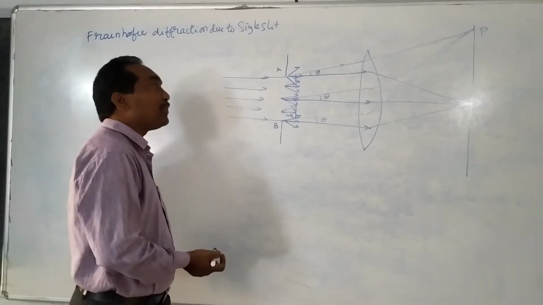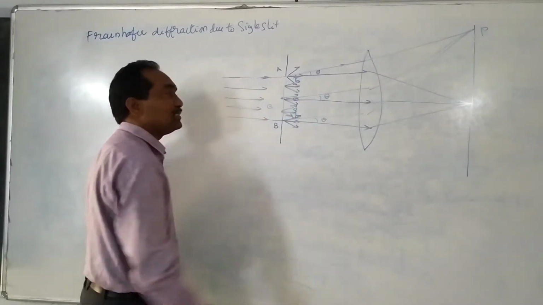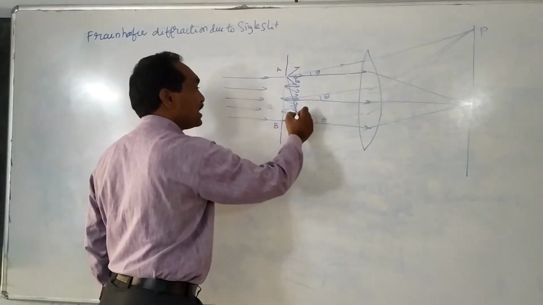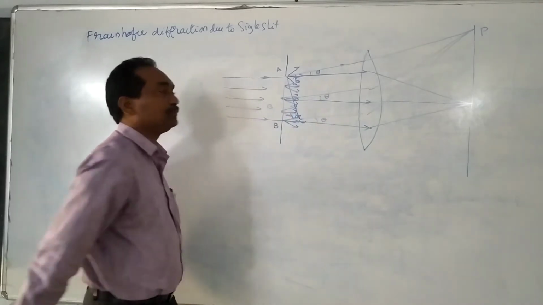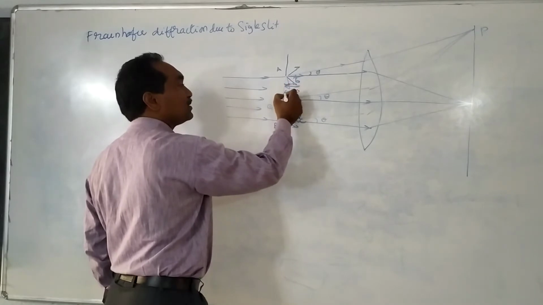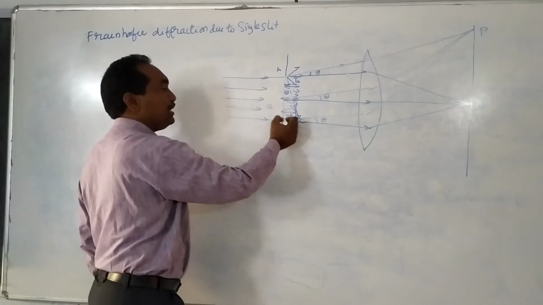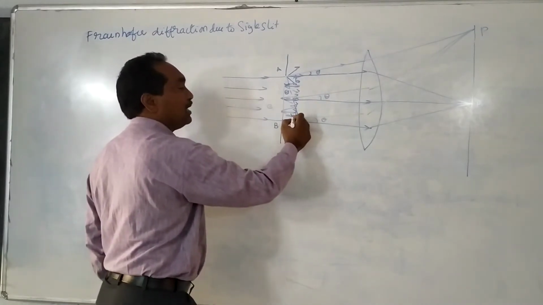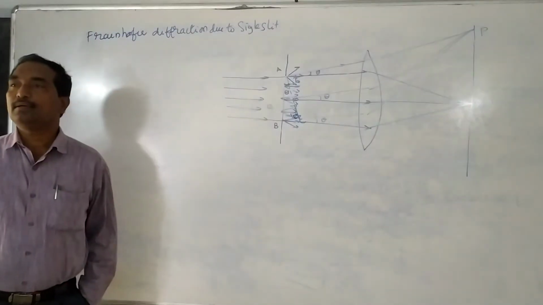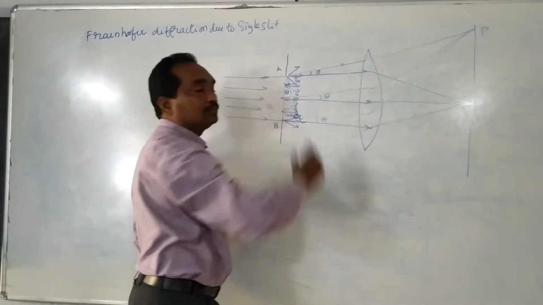So how can we calculate the path difference? We know AB is equal to small e, that is the width of the slit. Now a normal is drawn from A to this scattered ray, and this may be taken as C. If the angle of diffraction is theta, this angle is also theta. Now ABC is a right angle triangle, because at C there is a normal, that is 90 degrees. There are two rays, one is AP and the second one is BP.